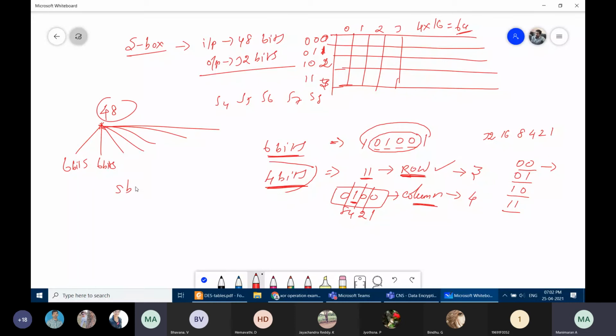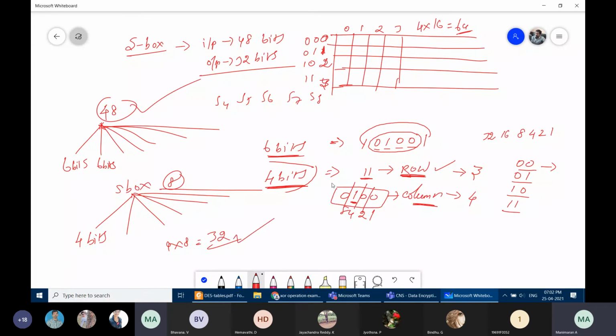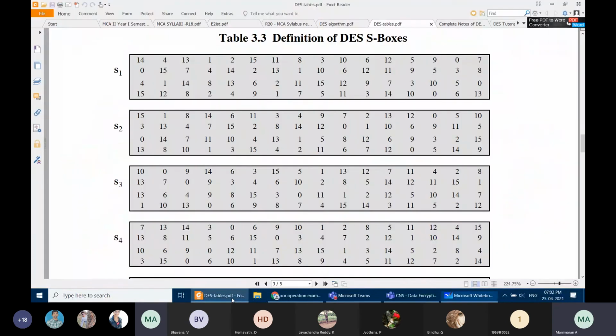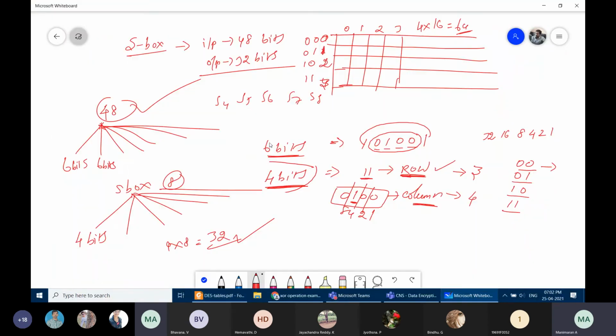And after applying all the 8 S boxes, what will be the output we are getting? Each S box output size is 4 bits, totally 8 S boxes. 4 into 8, 32 bits. So input is 48 bits, output is 32 bits. That is what they are showing in the overall diagram. Here we are giving 48 bits and then 32 bits.